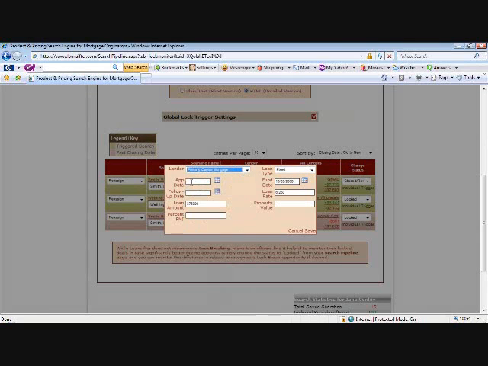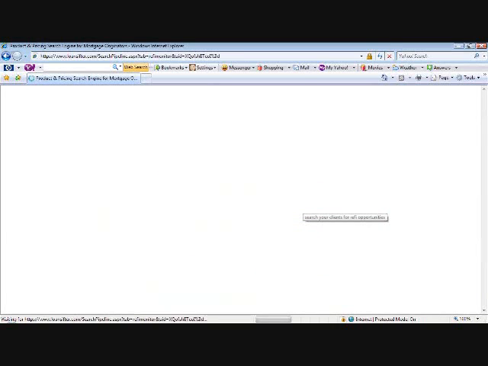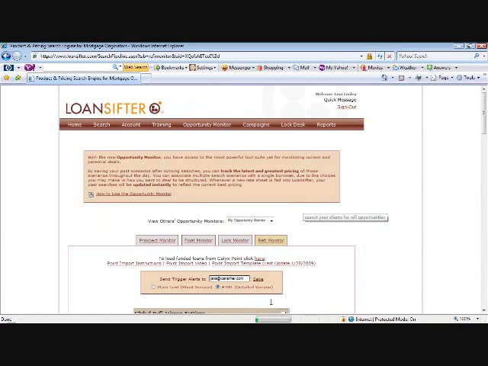This is the lender I used. Here's the app date. You can put what you want your follow-up date to be, loan amount, all this information you want to fill out. Don't leave anything blank or else it's a little bit difficult for us to track it on the other end. And then click Save, which I'm not going to do. And once you click Save, it will immediately move over into your refi monitor, and it'll start immediately tracking based